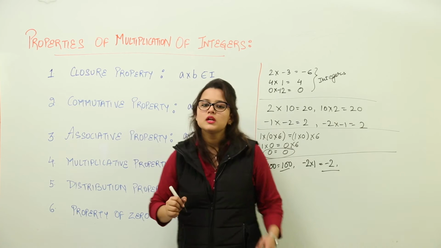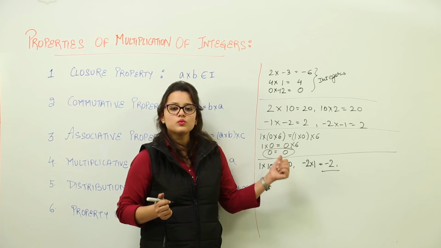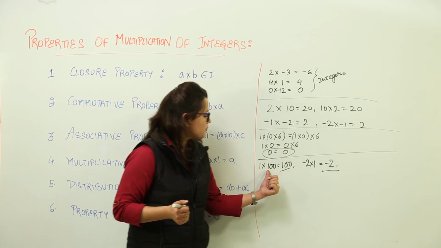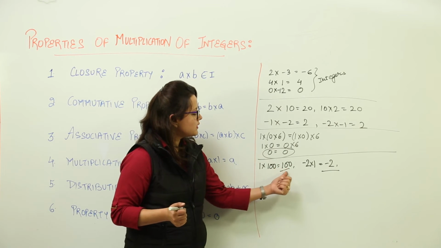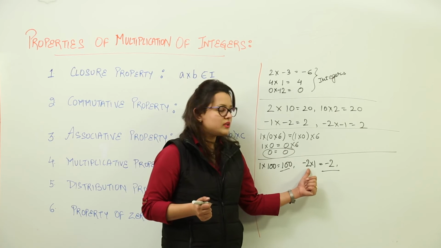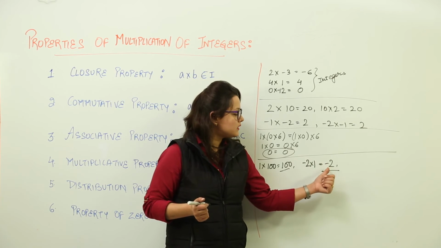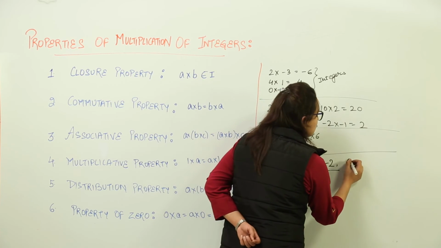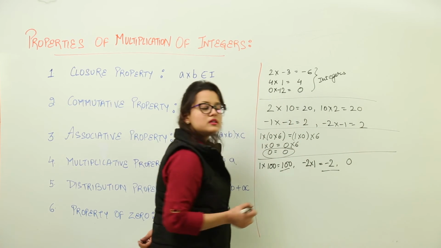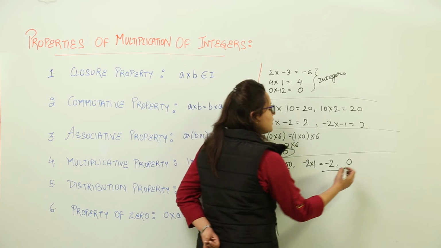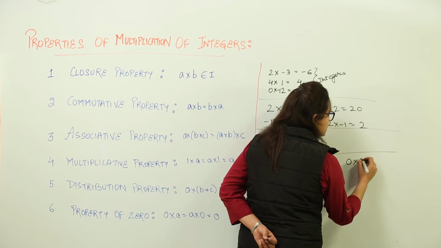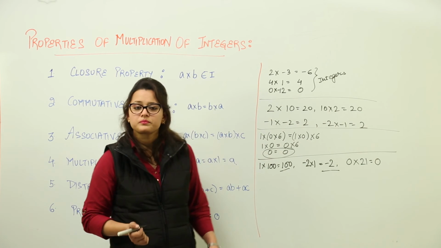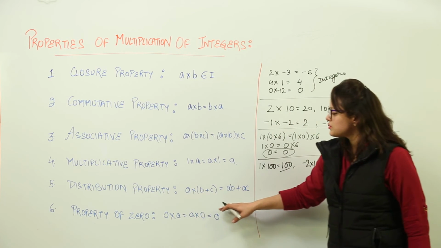Please pay attention. While multiplying any integer with 1, we are getting that integer. If we have taken a positive integer, the answer will be that positive integer. If we have taken a negative integer, the answer will be that same negative integer. Even 0 is in the category of integers. Even if you multiply anything with 0, you would get 0 only. Clear?